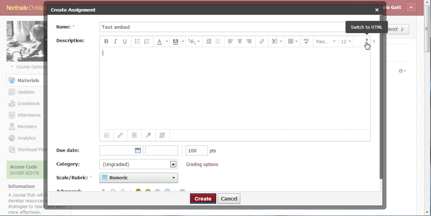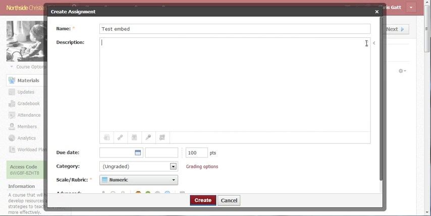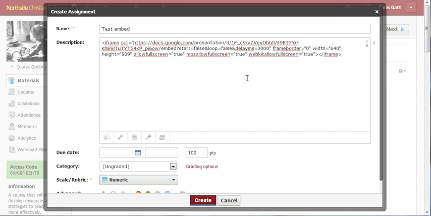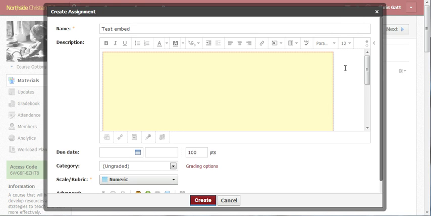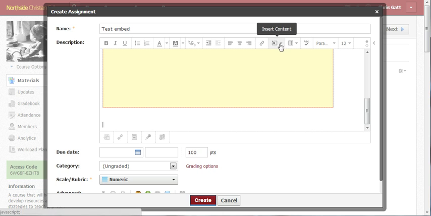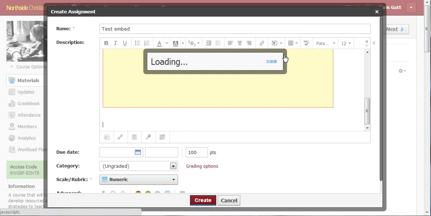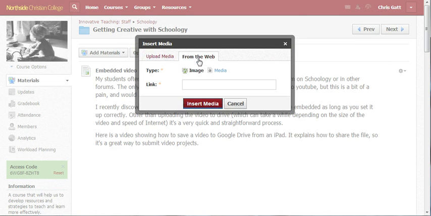I can switch to HTML view. If you've already got a lot of content on your page, then that will look very messy. You'll see lines and lines of code and it may be confusing. But that's what I like to use, and when I go back I've got this yellow box which indicates the content is there. The other thing I can actually do is go insert content, image or media, and when that comes up I go from the web, I paste in, I change it to media, I paste in link or embed code,